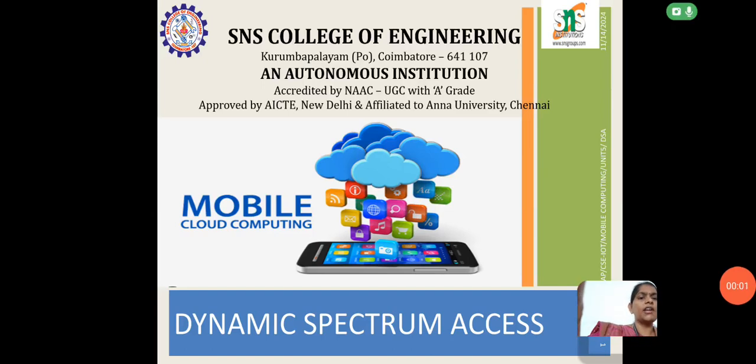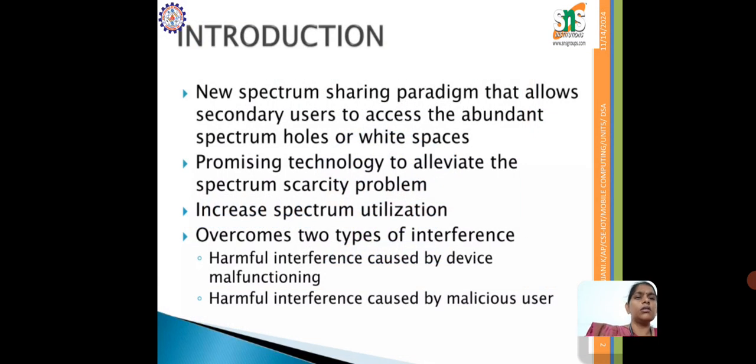Today we're going to see about dynamic spectrum access in continuation with CRN applications. This is a new spectrum sharing approach that allows the secondary users to access the abundant spectrum pools or white spaces. This is the main application and main content of cognitive radio networks. It is a promising technology to resolve the spectrum scarcity problem, and it also increases the spectrum utilization. It overcomes two types of interference,